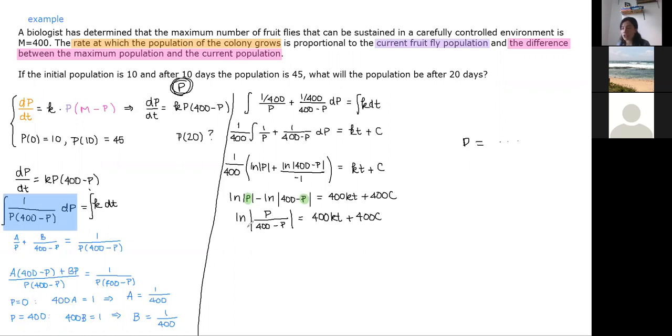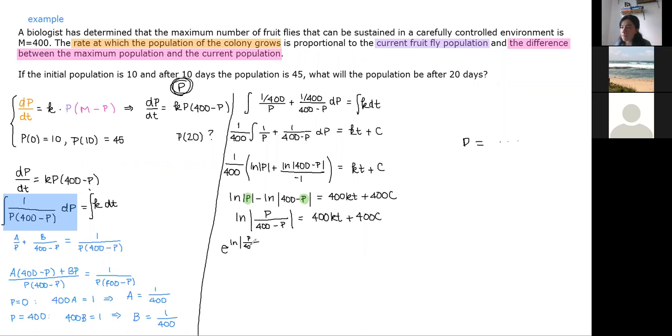They're inverse functions, which means that if I do the exponential of a natural logarithm, then the exponential and the logarithm cancel out, and I end up with only the inside function of the logarithm. That means here I'm going to have e to the power of ln of P over 400